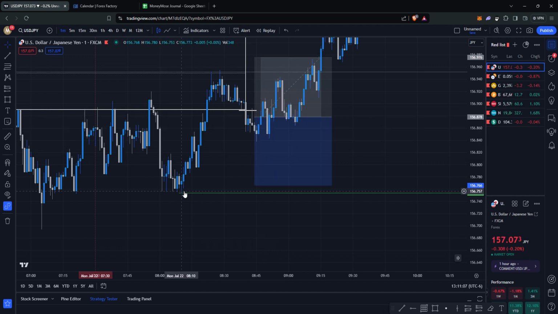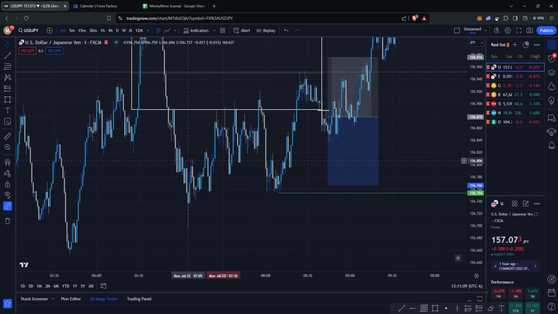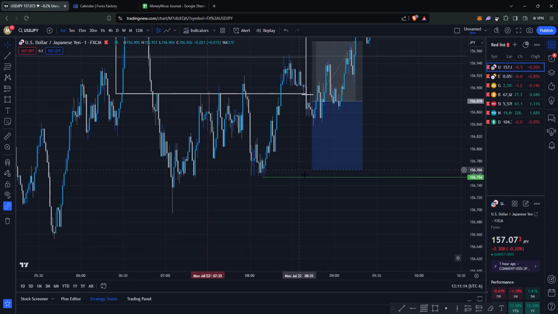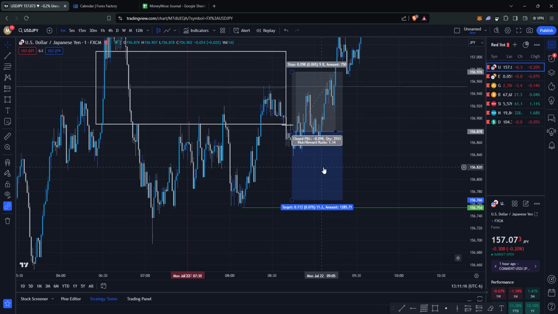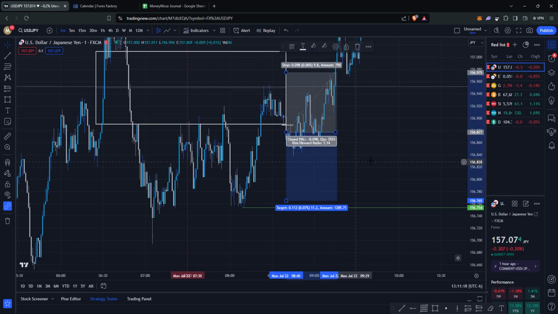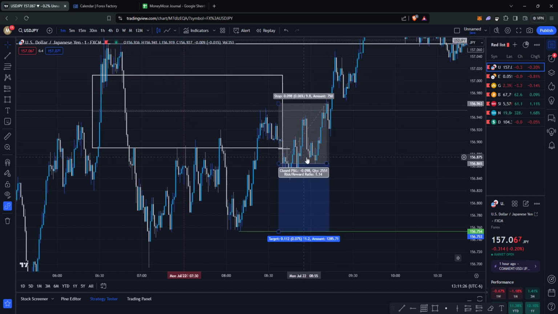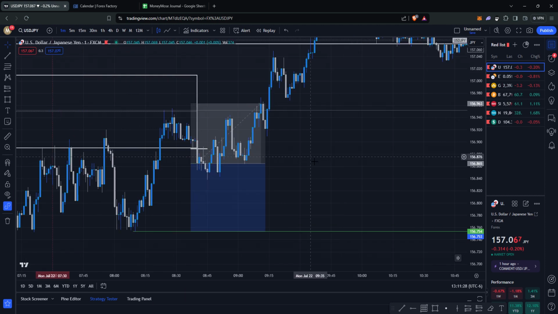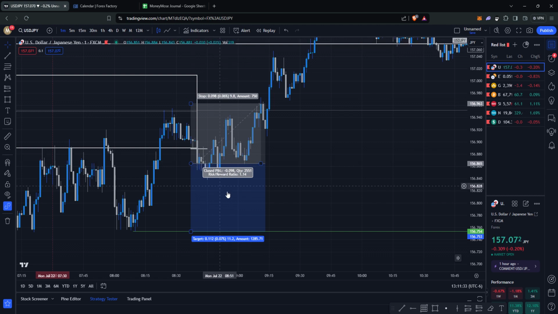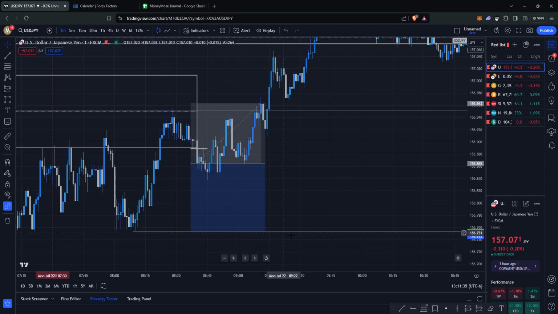Coming down a little bit, and I only had one take profit today, just because I saw that, hey, we're really range bound right now. So I only had this as my first and only take profit. That's not right. That's more like it. So I entered off this candle here, entered down here, and then first take profit there.